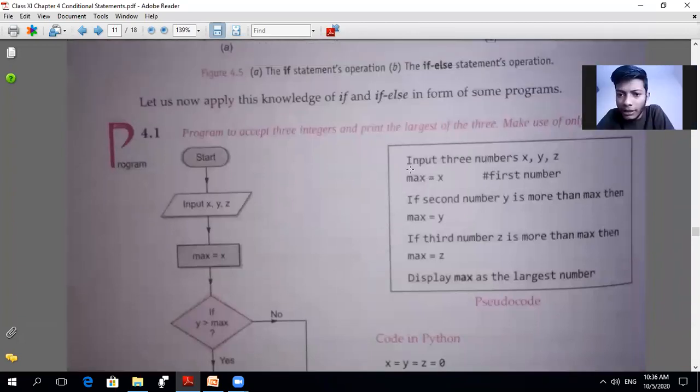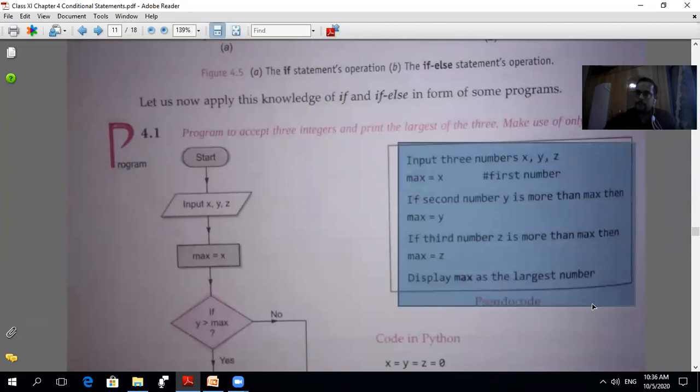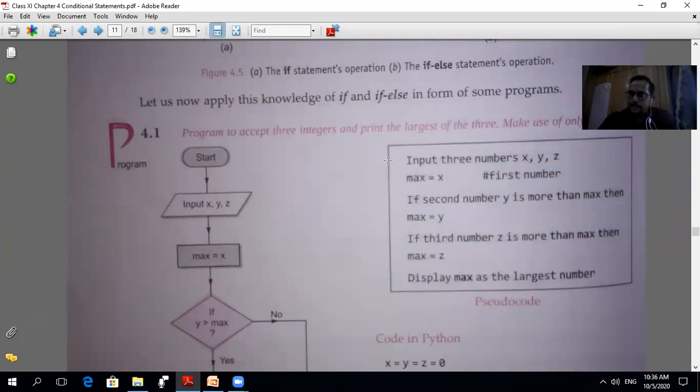Then what is this? Another diagram. ये एक बना हुआ है. So this is the example of the same in the form of pseudocode. Pseudocode means इसमें कोई syntax follow नहीं हो रहा. Simple English like language है. Like input three numbers x, y, z. First line max equals to x.